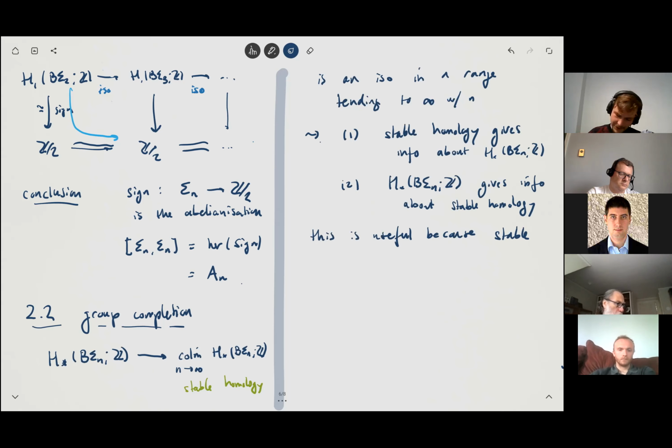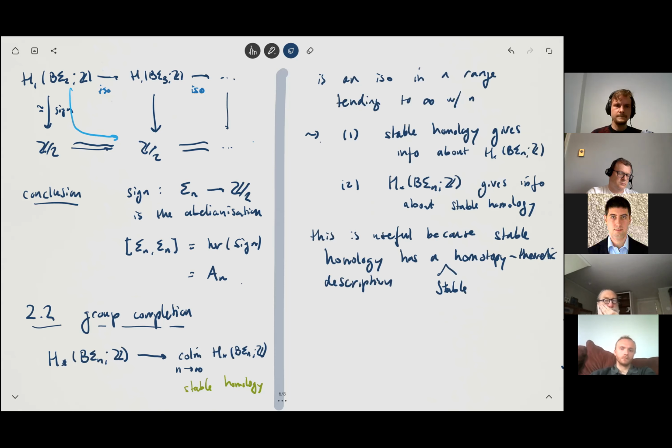So the most useful homological stability results, at least in my experience, are the ones where you also have a description of the stable homology in terms of homotopy theory. In fact, stable homotopy theory. Okay, so when we constructed the stabilization map, this map sigma,